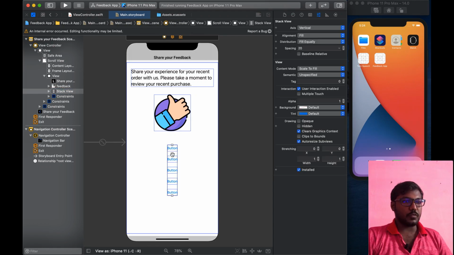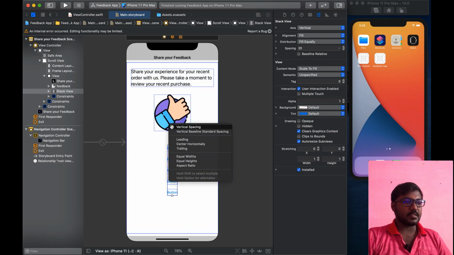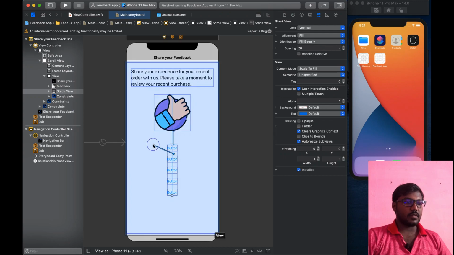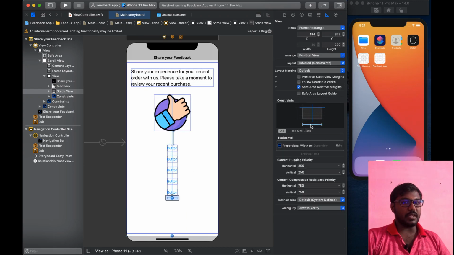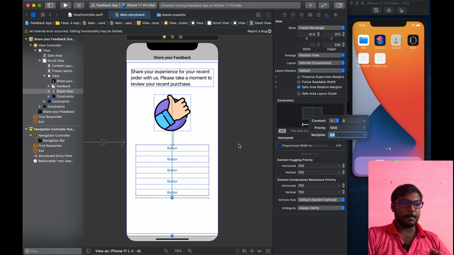Distribution is equal to fill equally. Then set some spacing. Now the buttons are separated, and we can add the constraints based on the image view. Then the buttons will be centered on the image view.